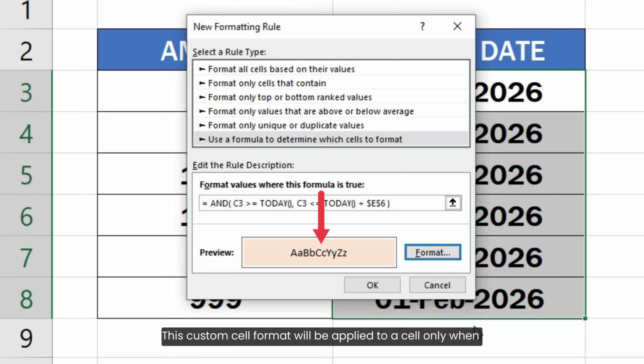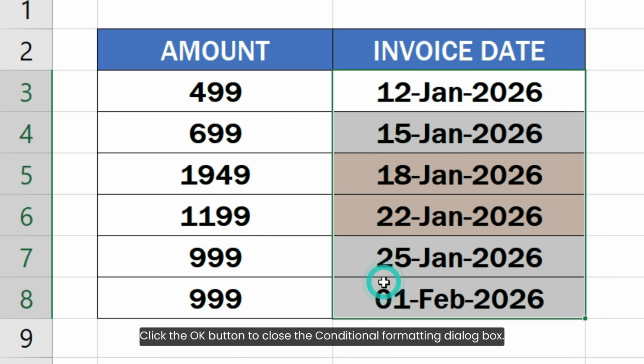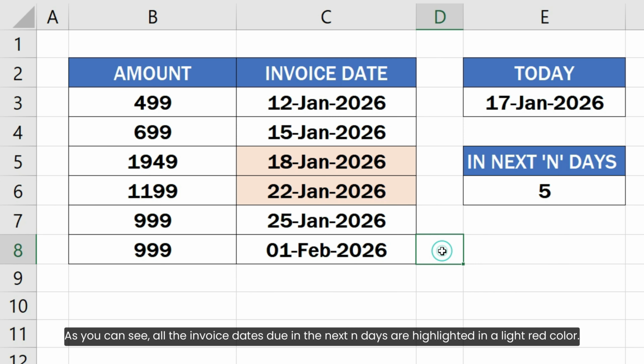This custom cell format will be applied to a cell only when the formula we entered returns true for that particular cell. In this case, this format applies when the date is between today and next n days. Click the OK button to close the Conditional Formatting dialog box. As you can see, all the invoice dates due in the next n days are highlighted in a light red